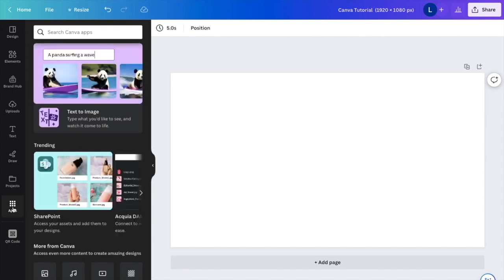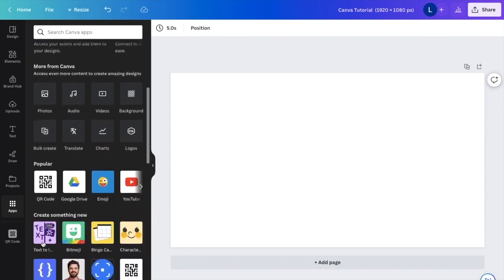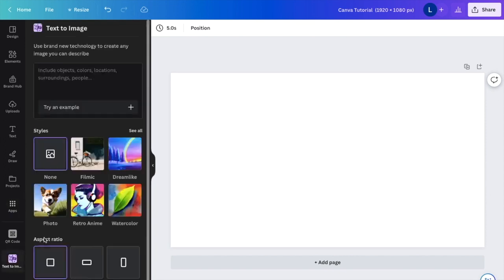Then when you're on the app screen, right here at the top, it says text to image. There also probably is an option down low right here, create something new. You can go to text to image as well. It doesn't really matter. It's going to be the exact same thing. So if I press on it here, it now takes you to a new screen where it says use brand technology to create an image that you can describe. So basically using the power of AI, you could type in whatever thing you want and it's going to produce